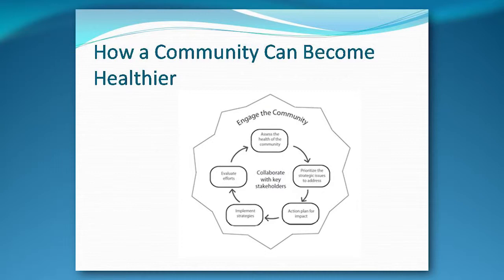And you've probably seen many like this because, frankly, I just looked at all of them and took the best of all of them and put them into one diagram that's easy to understand and takes you through that assessment, prioritization, action planning, implement, and evaluate, that constant cycle that we do to help improve the health of our communities, with collaborating with stakeholders in the middle and engaging the community at large, happening throughout that cycle.